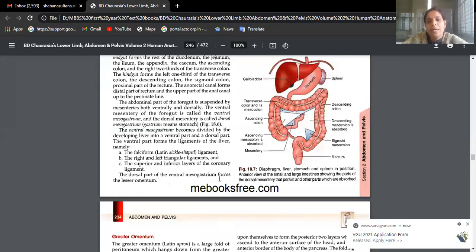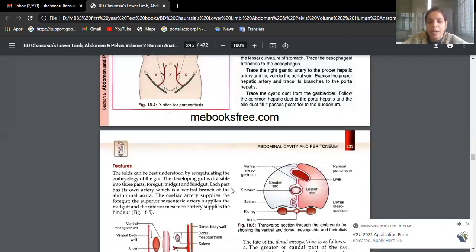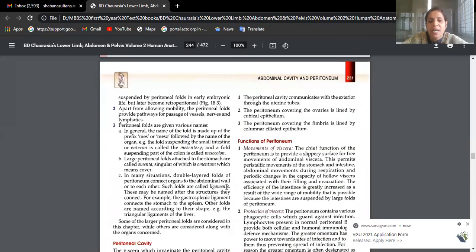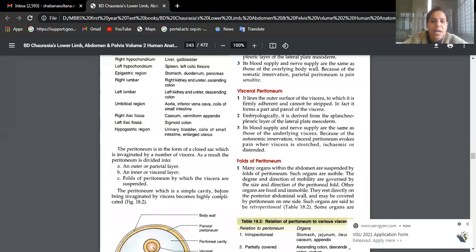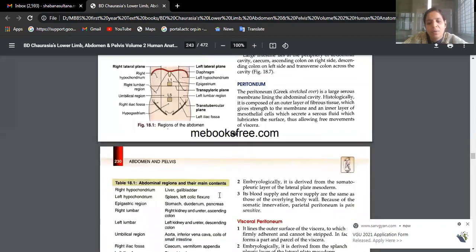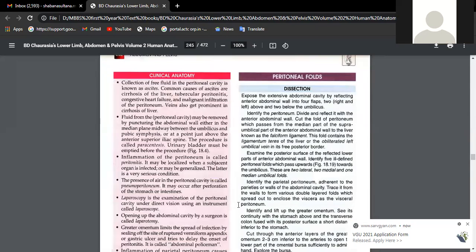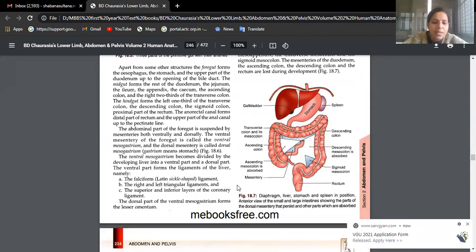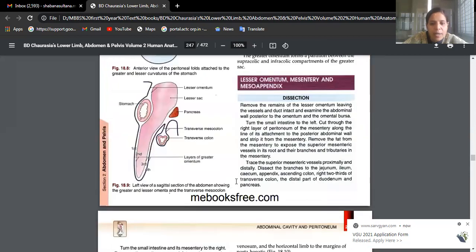The right free margin of lesser omentum shows a hole which helps in communication of the greater sac and lesser sac. Meghana gave the answer last time. What is the name of that opening? Foramen of Winslow. Very good. Foramen of Winslow, also called epiploic foramen. So from the lesser curvature till the porta hepatis, this white area shows the peritoneal fold. That is nothing but lesser omentum.